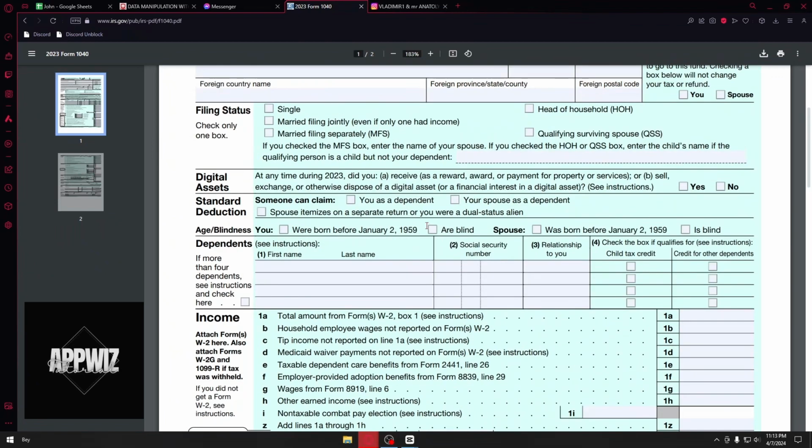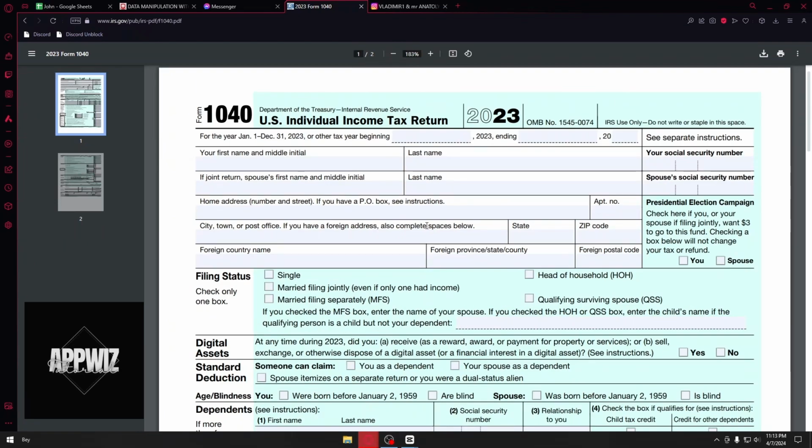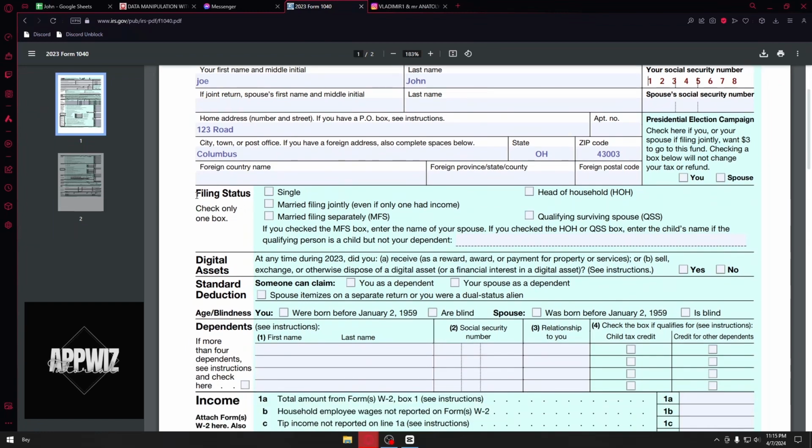So without further ado, let's get straight into the first part. Here you have your first name, last name, home address, city, state, and zip code. And most importantly, you have your Social Security number. After that, we move on to the second part, which is the filing status. You could just fill out the appropriate status here, but let's assume that this taxpayer is